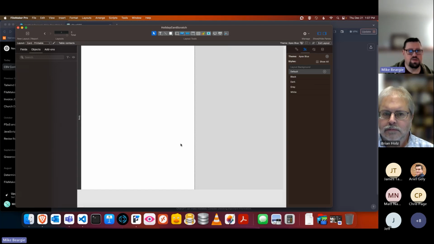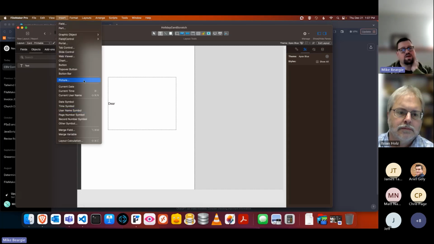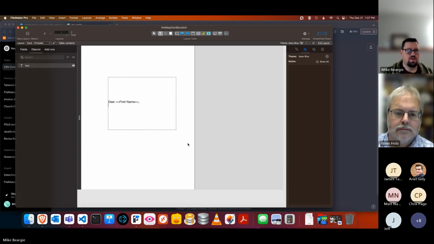So this is pretty empty looking, but basically what I'm thinking of is maybe doing some sort of message in here. So I might do dear, and we want to make this customized. So we want to just put a merge field in here. So insert merge field, first name. And then